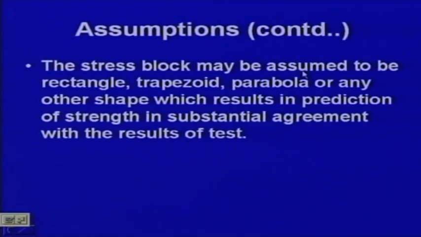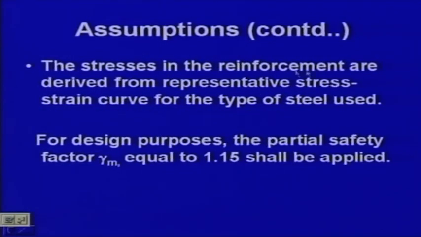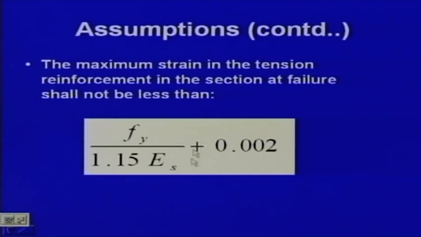The stress block may be assumed to be rectangle, trapezoid, parabola, or any other shape which results in prediction of strength in substantial agreement with the results of test. This is the one that we have already taken care of, which type of stress block we have to use. The stresses in the reinforcement are derived from representative stress strain curve for the type of steel used. For different steel, we have to use different stress strain curve, and the maximum strain is dependent on